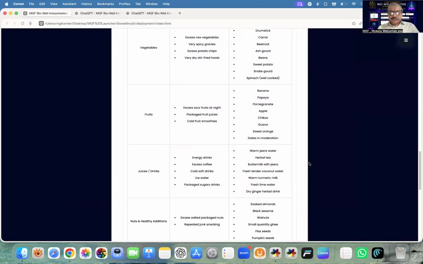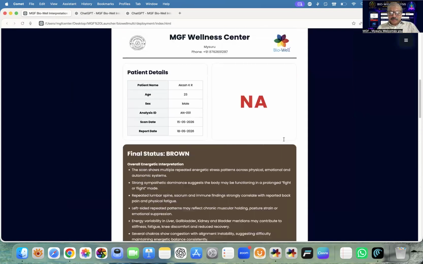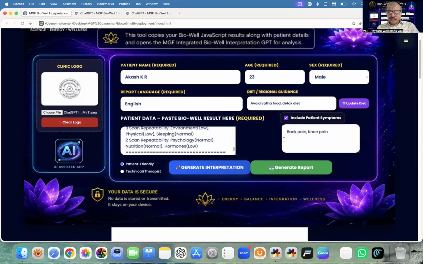Right? Then, for example, you want some more refinement. Let's say you want a diet chart. You can take a diet chart for the next 7 days. You will get that, depending on what is to be taken and what is not to be taken for the next 7 days, and a particular chart will be prepared. So this tab will give you the customization under all aspects. Is it clear? So diet is something which is very important,